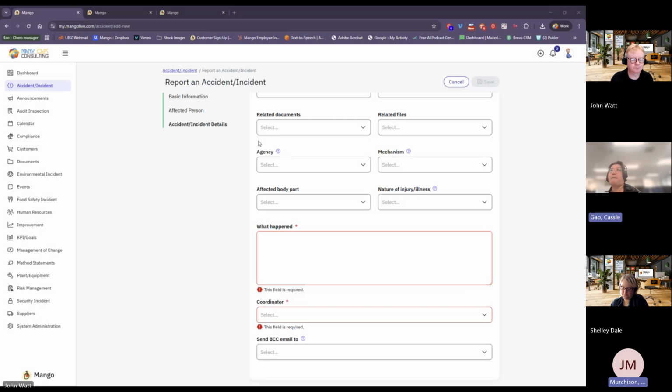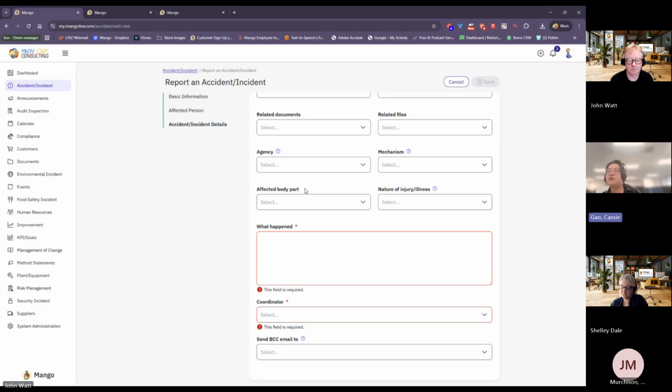Sorry, go on, Cassie. So if I raise an incident and the incident relates to a hazard, once I submitted the incident, I will go to the risk and then raise a new risk. When I raise the new risk, can I link to an incident that has been reported? Yes, the coordinators can.